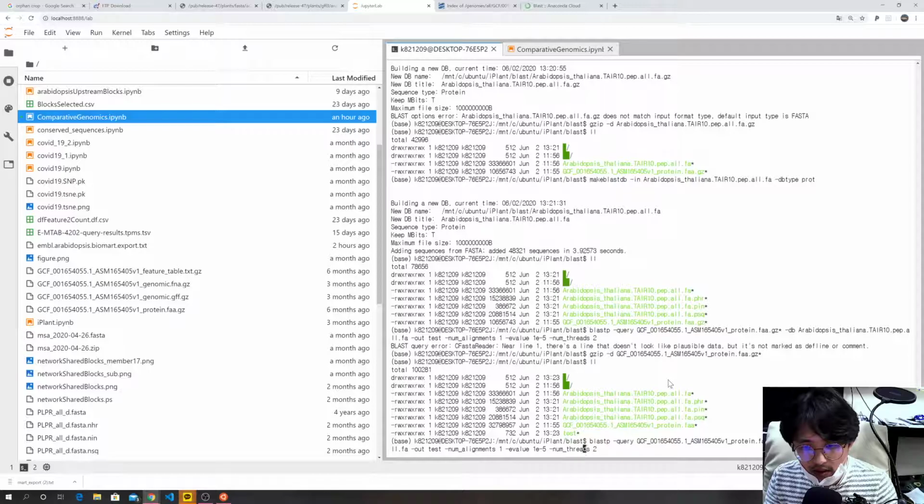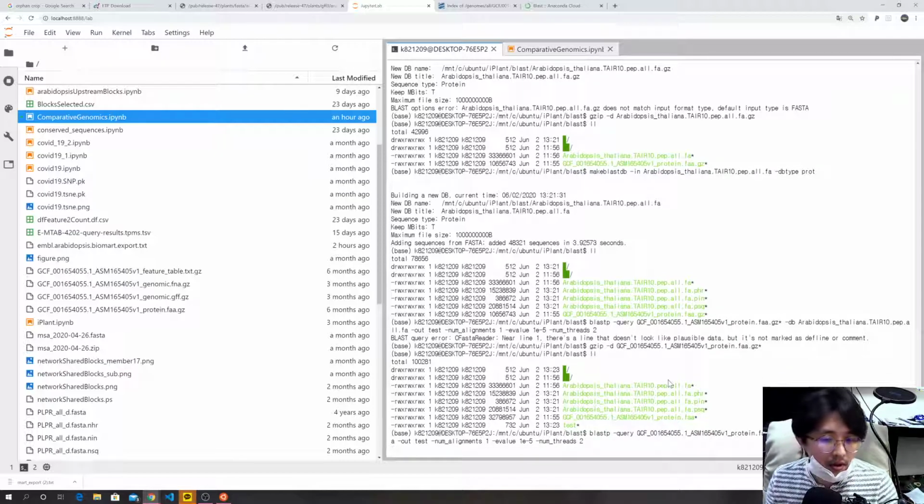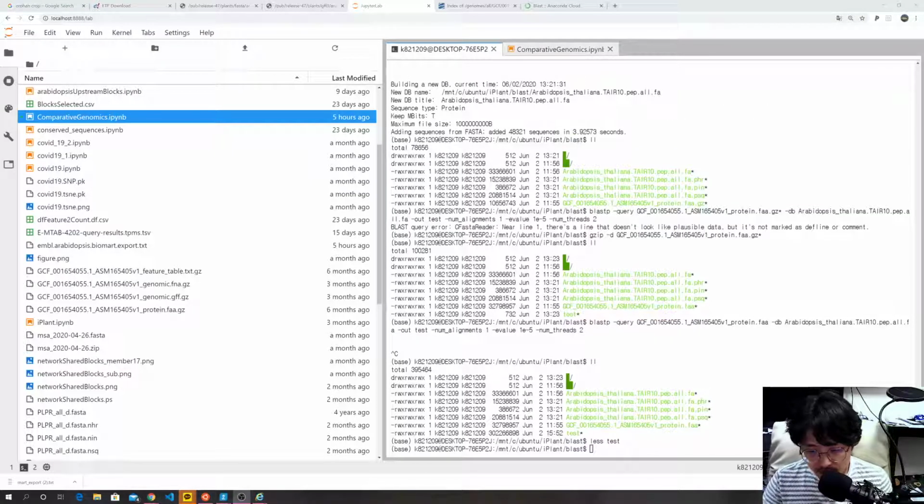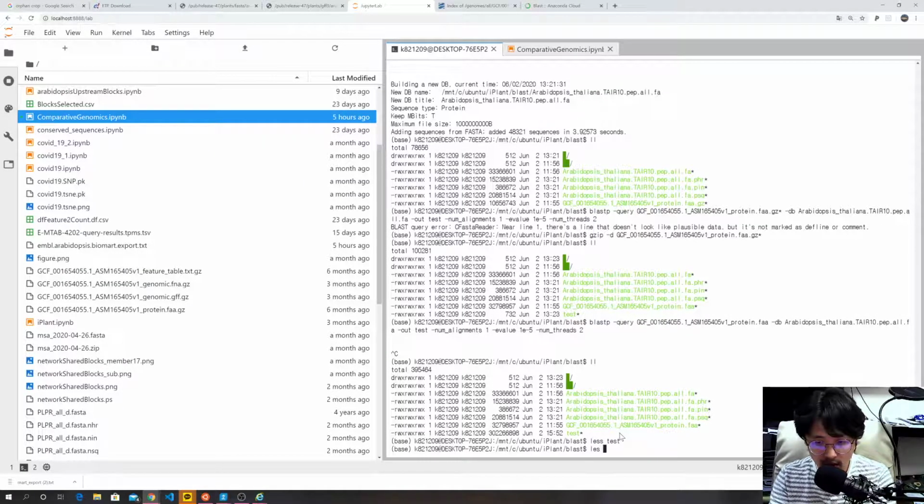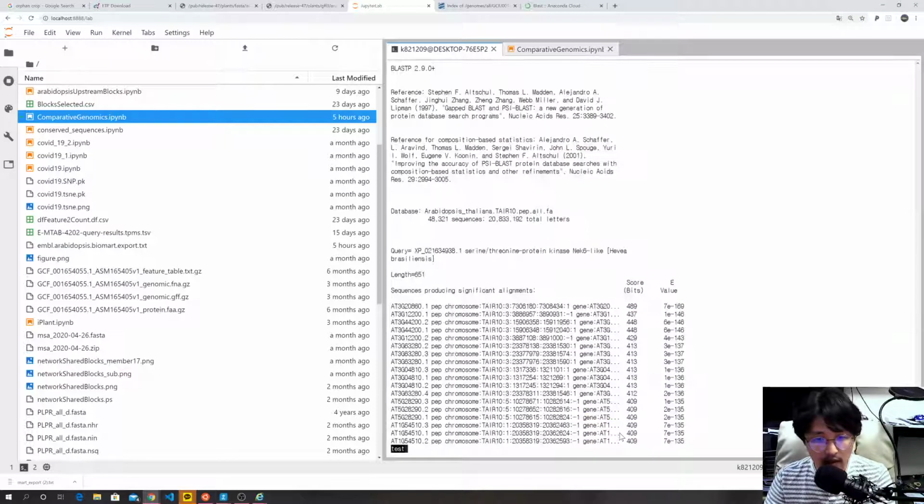Let's run it without unzip. Then it will take a while, so let's wait for a while. After running the BLAST analysis, you will get the result, the test, and then you can see the